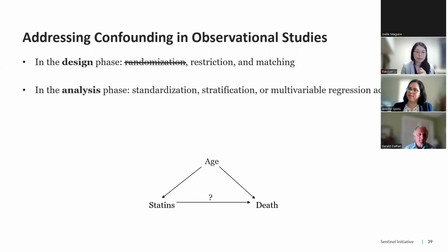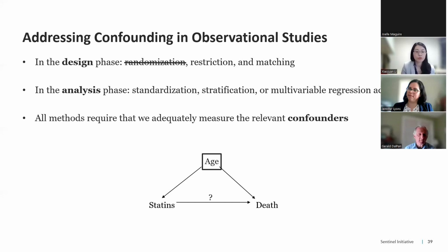As illustrated by this simple diagram, or directed acyclic graph, of a DAG, this method functions by putting a box around this age variable, so blocking this path from statins through age to death, and allowing for more direct estimation of the effect of statins on mortality. But no matter which method we choose to use, it is essential that we adequately measure all relevant factors in